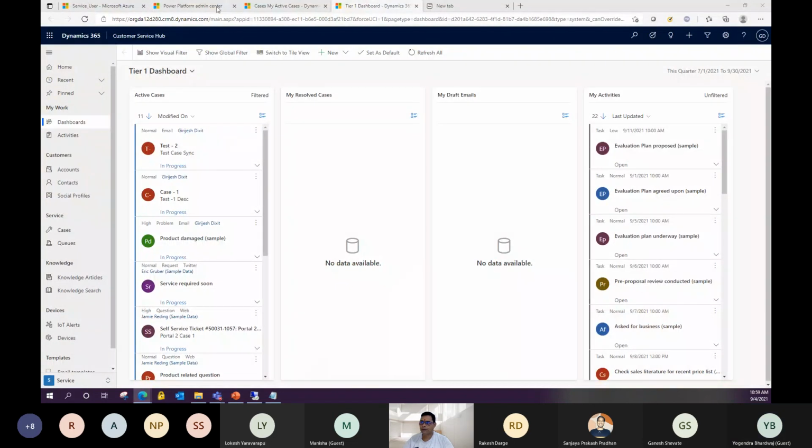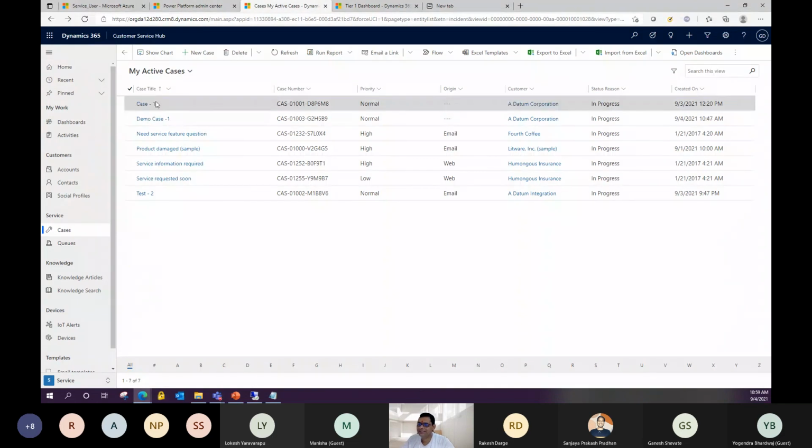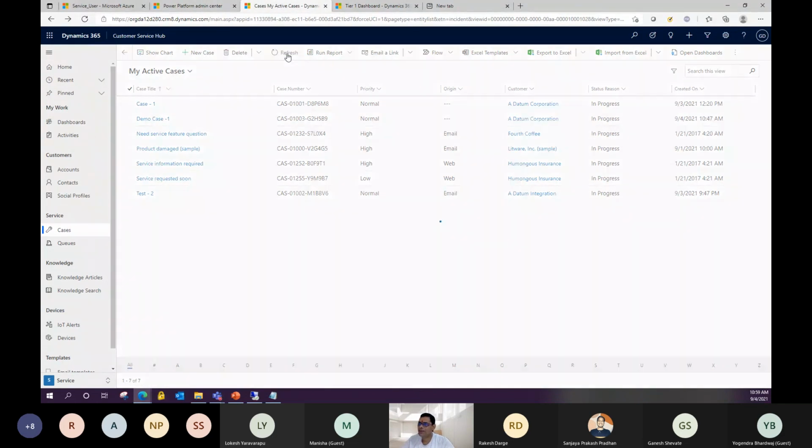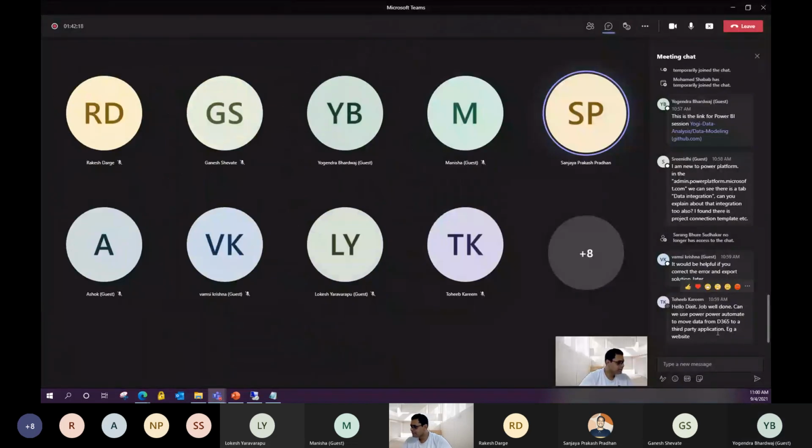The worst part is where it fails. Sorry, it's my bad. Srinidhi is asking: I'm a Power Platform newbie, and in the Power Platform we have a data integration scenario step. Can you explain this? Okay, see, Srinidhi, this data integration concept is new in Power Platform, and it requires more time to cover. So we will plan another session for data integration so that we can learn more. I hope you understand.